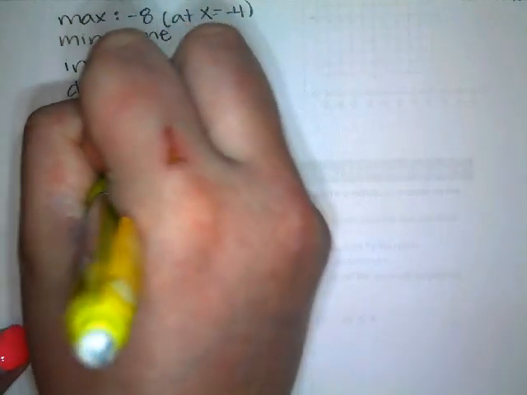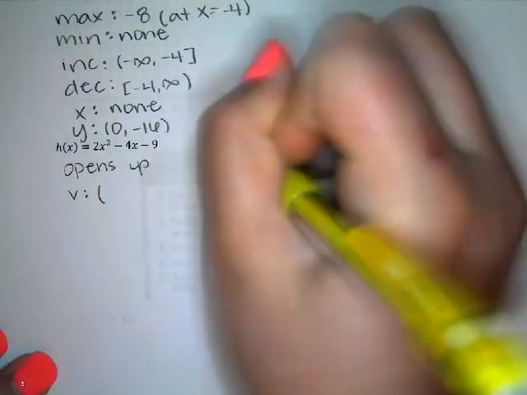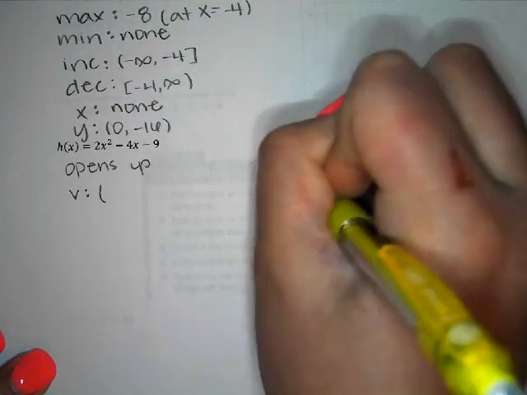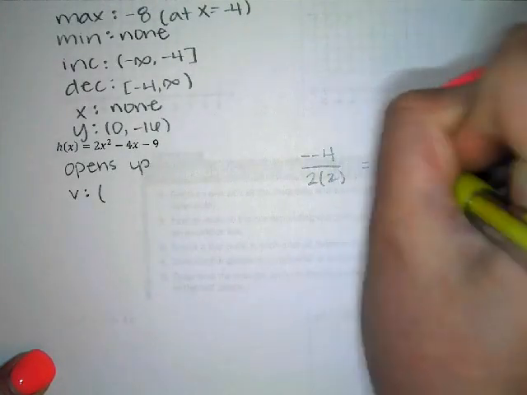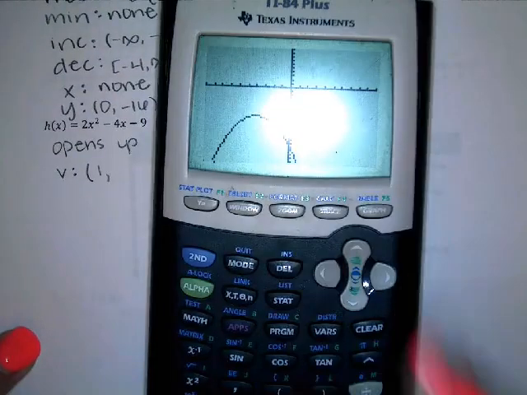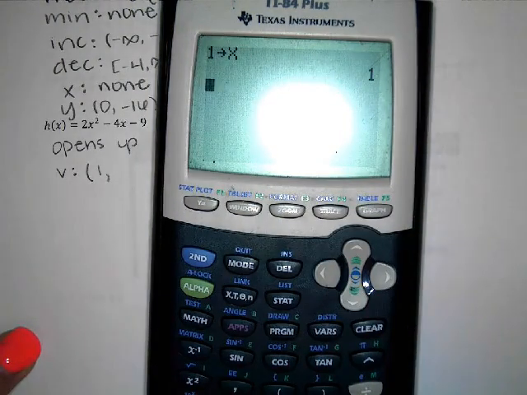For the vertex, I'm going to calculate negative b divided by 2 times a. So that's 4 over 4, which is 1. So my x-coordinate is 1. And I'm just going to plug that in to the function. I get negative 11. Okay. The axis of symmetry,